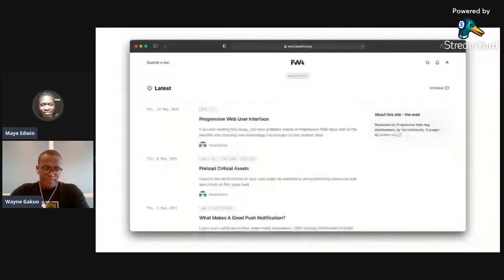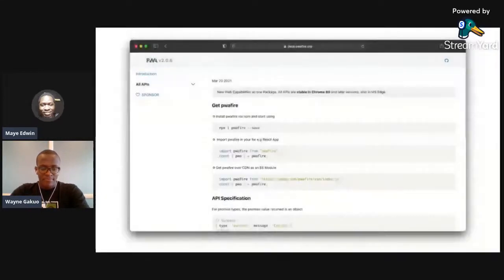PWFire, the library, is basically all the new capabilities and web APIs integrated into one single API. If you want to add these new modern web capabilities, some of which were announced during the famous Google I/O, like adding to home screen, just ways to build better and more capable progressive web apps, then this is the library to go to. We have a lot of features and APIs bundled into one library, and that's my open source work. I'll be talking more about it later.